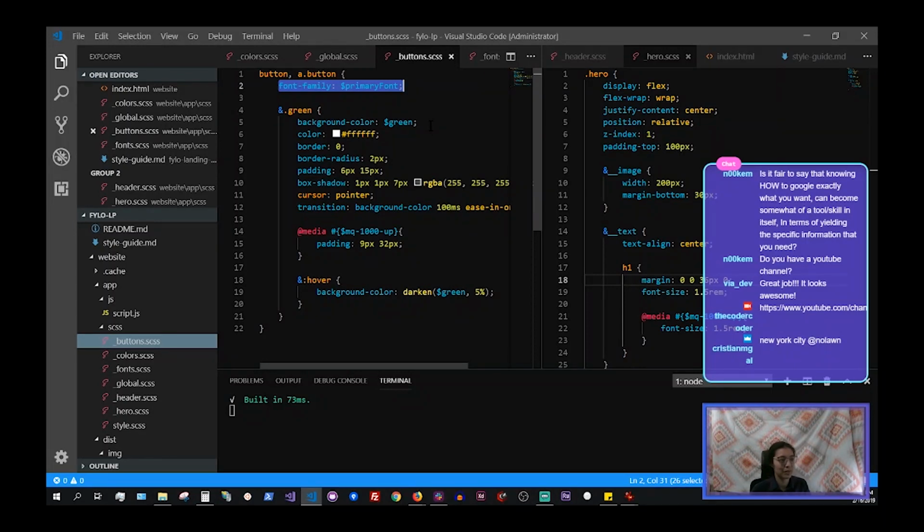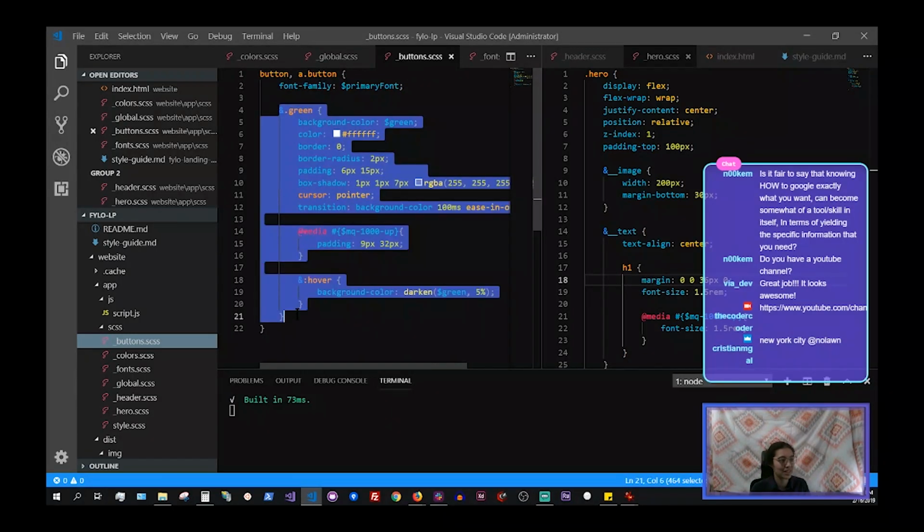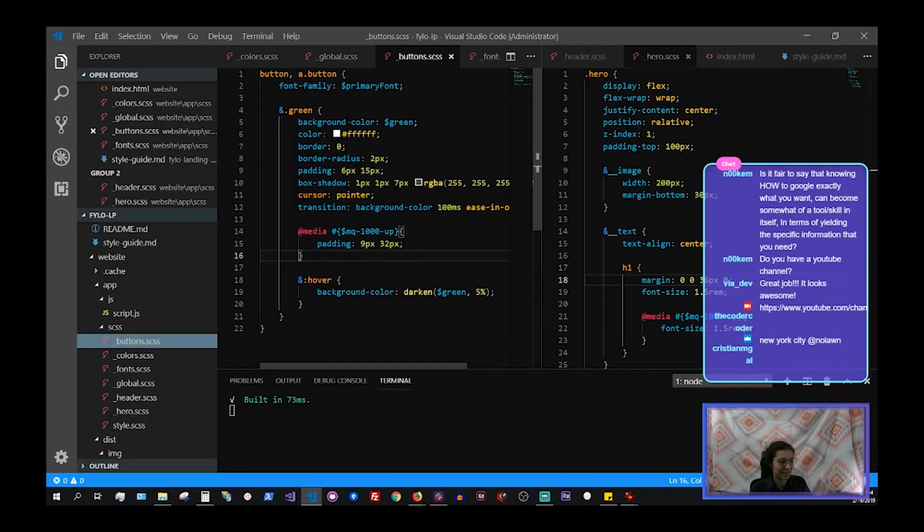That would work, right? But let's say I create another class for blue buttons, and I have another set of CSS down here. I would have to have the font family set there too. So in some ways you're duplicating code that you really don't need to. Whereas if I just set the font family primary font for all buttons, I know that it'll automatically be inherited